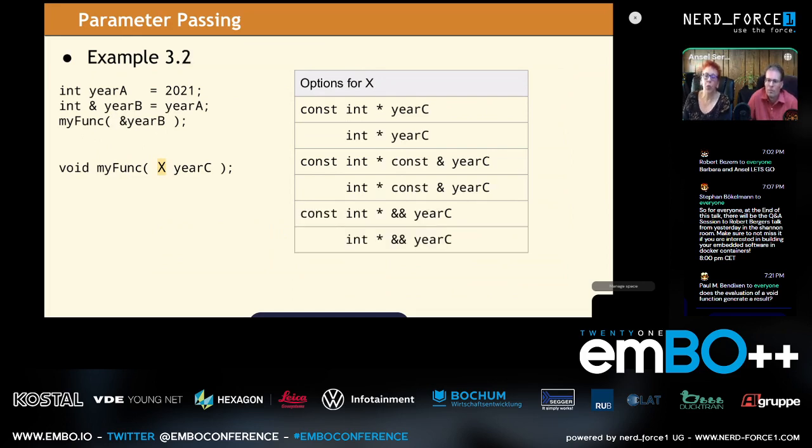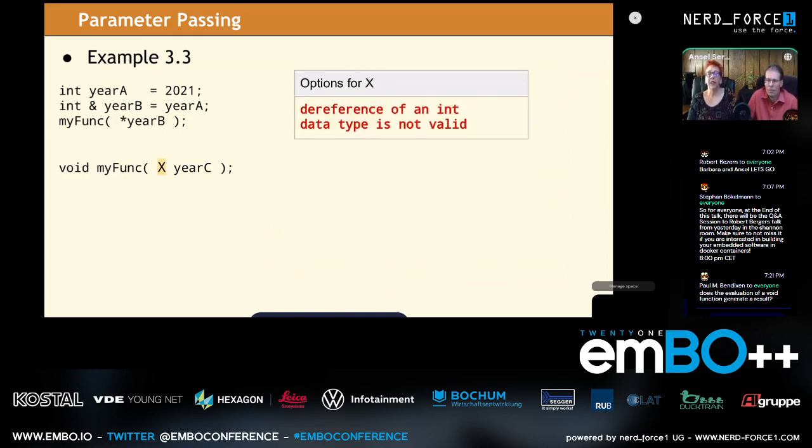So now in year B, we're taking the address and we're passing that to myfunc. These are the options that become available here. And again, X would be what you see in the API. X is the data type. Since we're taking the address of a reference, and a reference is just a new name for the original object, that's the same as taking the address of the original object. And we already looked at an example like this. The address of an object is an R value. It's a pointer to that object. So the options that are available here are exactly the same as the previous example where we were taking the address of an int.